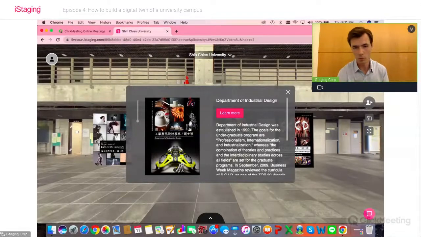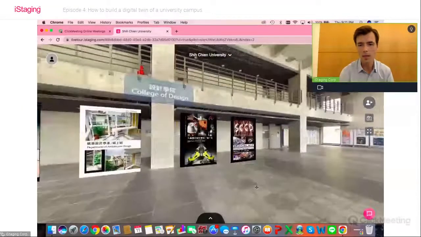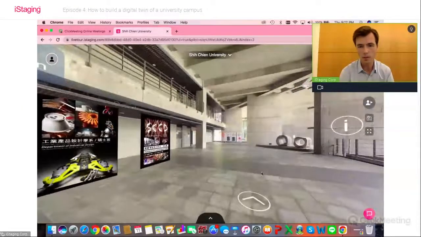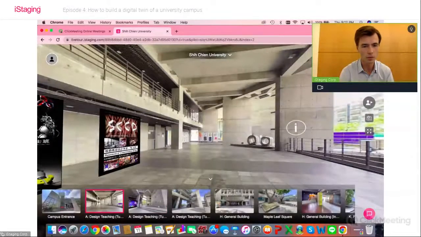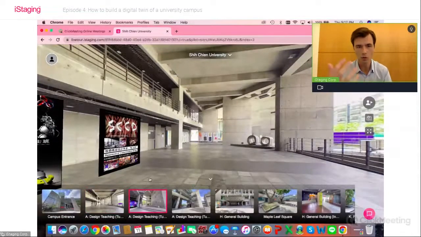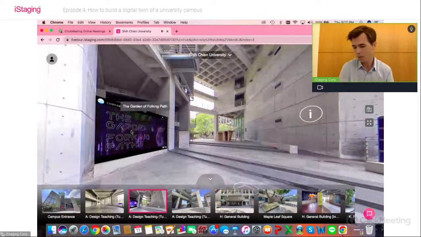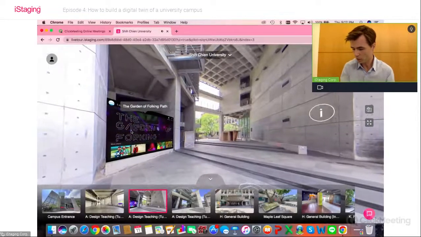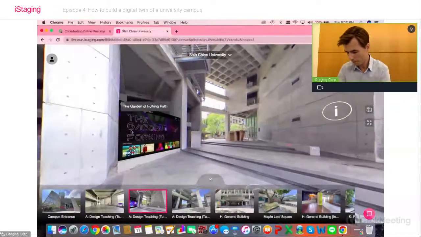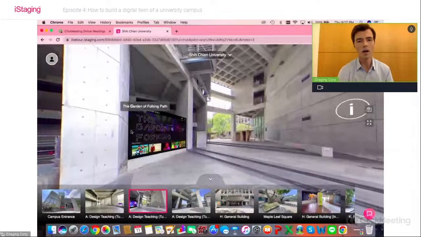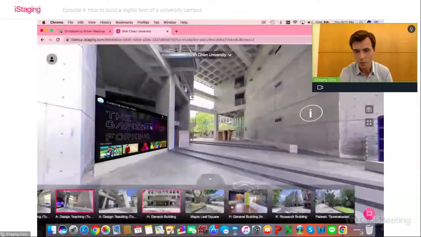And here, there's some more information regarding the various departments that are in the university. And if we move here to another panorama, there will also be videos that can automatically play. Here we go on the left. I'm just checking if yep, everything is still good. All right, so a video that can automatically play, and I'm moving all the way